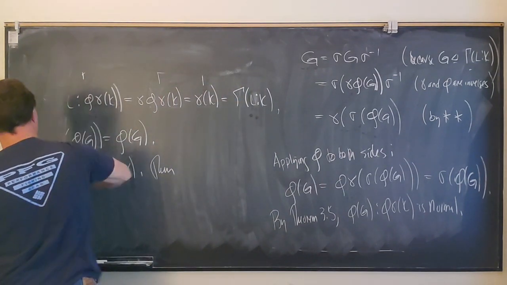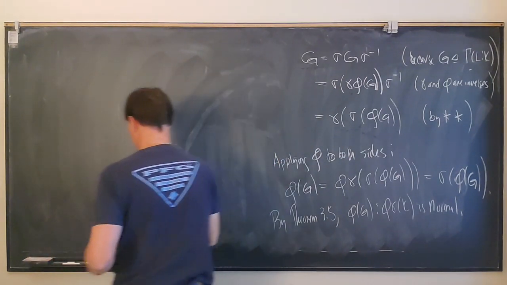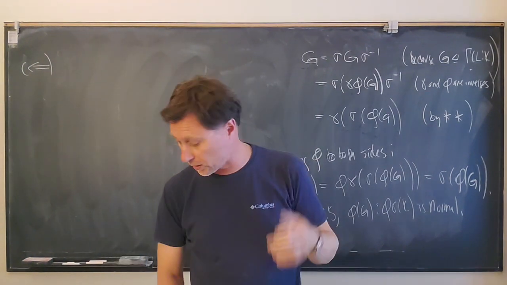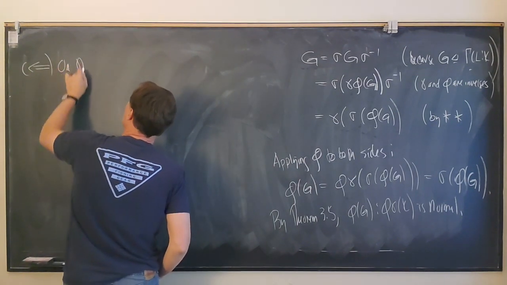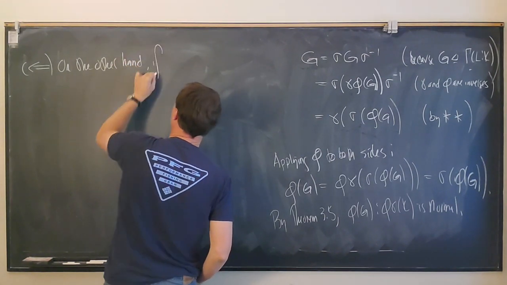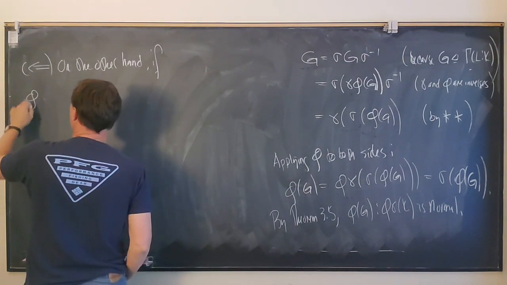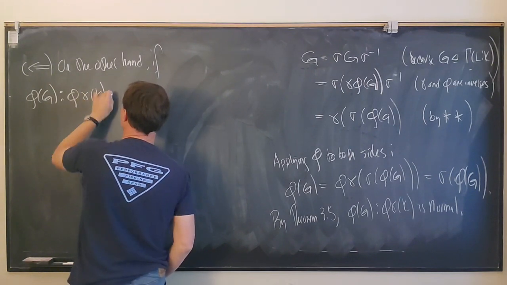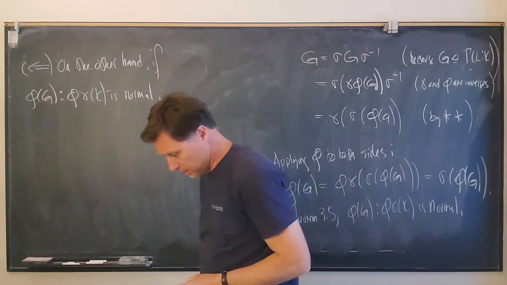Now I need to prove the reverse direction. So now I'm going to assume that the extension is normal, and I need to show that the subgroup is normal. This one's a little bit quicker. So on the other hand, if our extension phi G over phi gamma K is normal, then